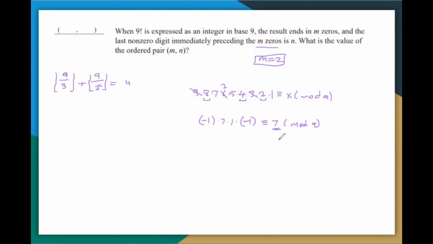Which means my first digit before those zeros is 7. So the answer to the question should be 2, 7. Like this is straightforward. I would say this is the slick way to do this problem. But if you don't really buy this, and this is number 29 on the test,